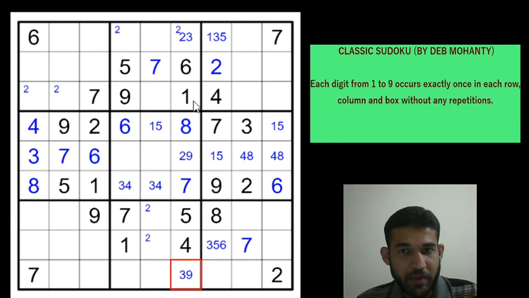So if you see, I am pencil marking slowly. Pencil marking always helps to solve your classic Sudoku faster. Unless your memory is extremely good and you don't need to mark anything, it always helps to pencil mark digits in a classic Sudoku. Now there is a 6 in row 1, 6 in row 2. In box 3, 6 can only be in one cell, which is row 3 column 8.